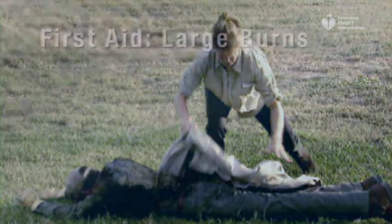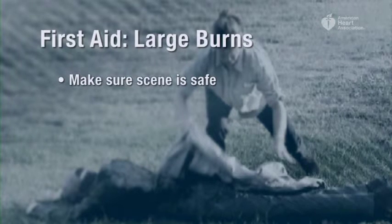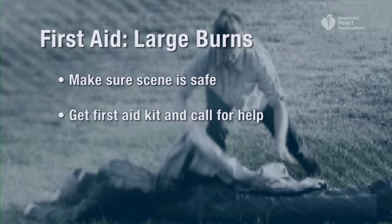First aid actions for burns caused by fire are to make sure the scene is safe and get the first aid kit. If you have any questions about safety, call for help. To give first aid to a person with a large burn, first, make sure the scene is safe. Get the first aid kit and